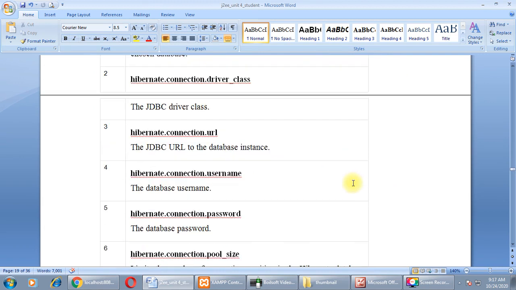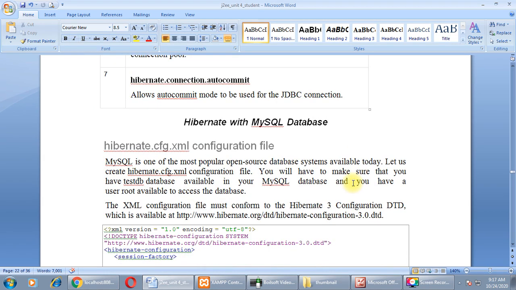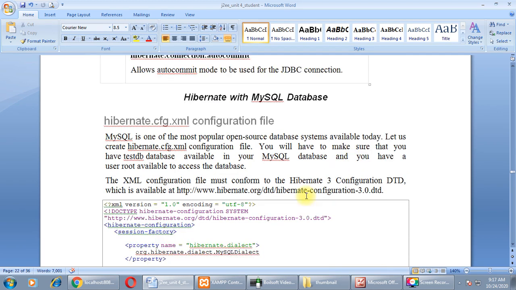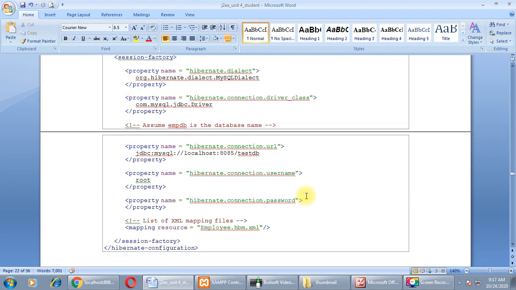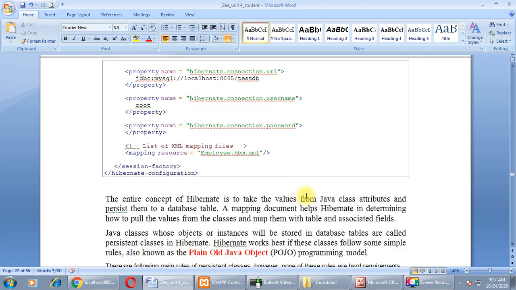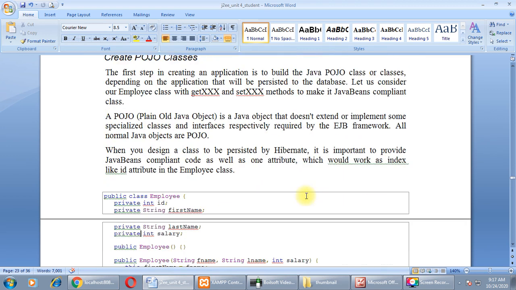One more topic we had covered is the configuration file required for the application, with the name hibernate.cfg.xml. Then how to create a database for our application, that topic was also covered. Then what is a POJO file, plain old Java object file, right?